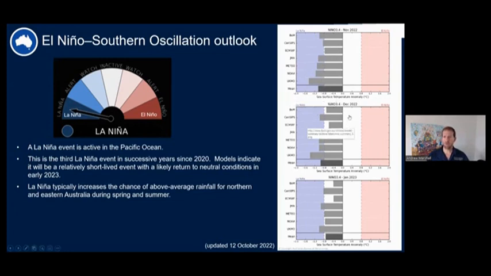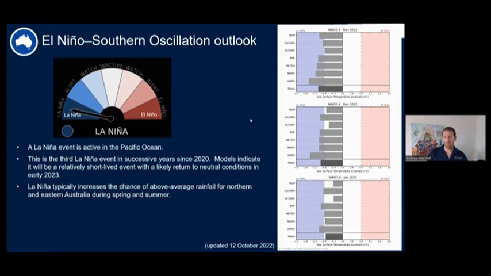But then from December onwards, you can see some of those models starting to back off away from this La Nina threshold. So here where you see this blue region in the plot, that is the La Nina threshold, or where the La Nina threshold's exceeded. So you can see some of those models are still showing La Nina in December, but come January, many of those models are back into the white space in that plot, showing that we're looking at neutral ENSO conditions